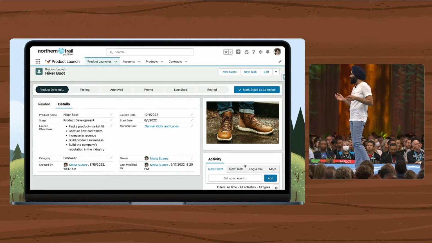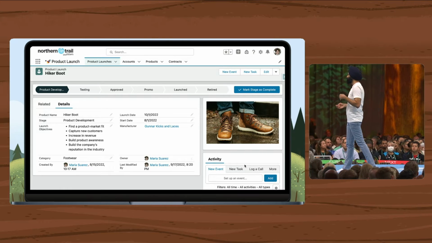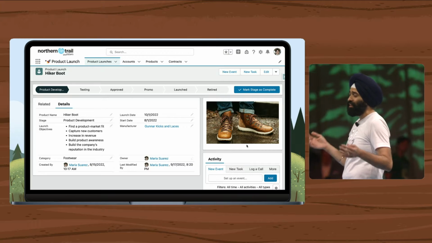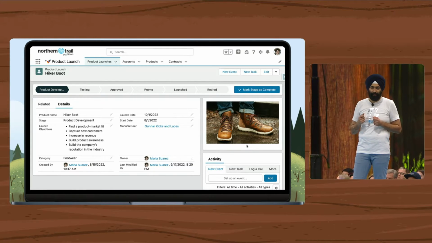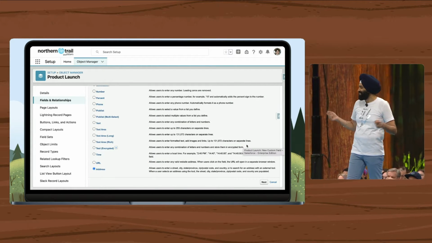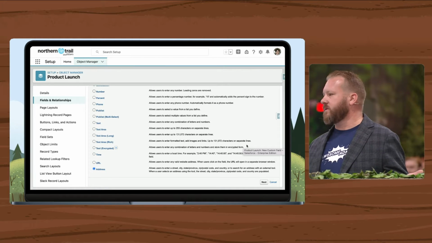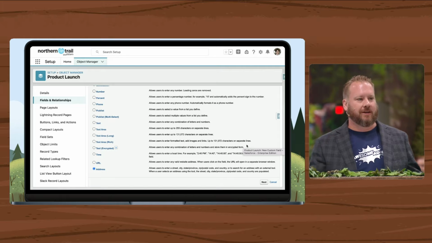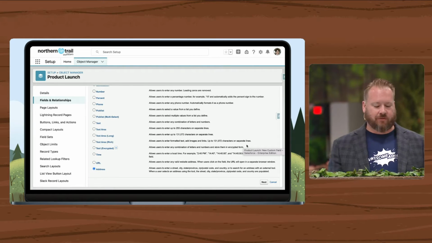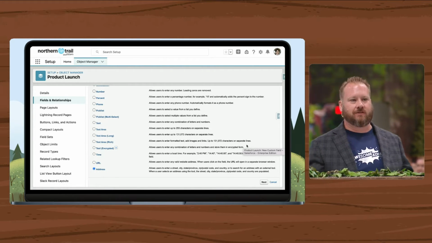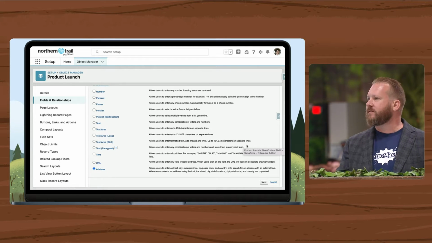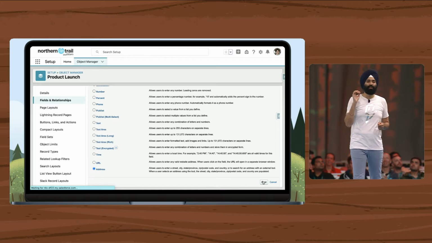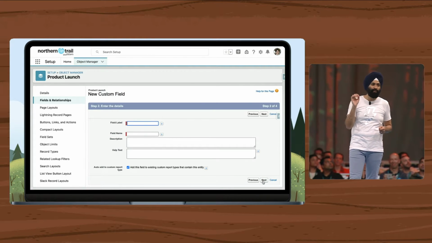Now, Maria needs to track the location of all of the various manufacturers: country, state, city, zip code. She's got to go create multiple fields for all of this. Such a time sink. Hey, Kush. Yes, Andy? I've got a really great idea. You know, our admins have been asking for it, so why don't we use it? We have the new address field type. With one click, admins can add fields for street, city, state, zip, and country. Oh, nice. That is going to be such a time saver for Maria.